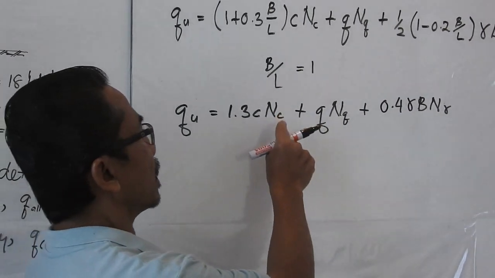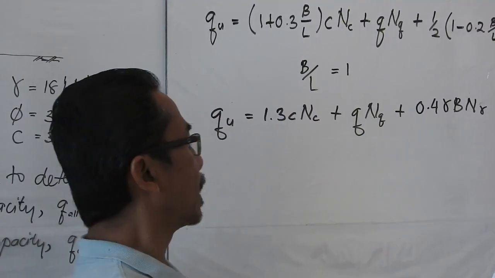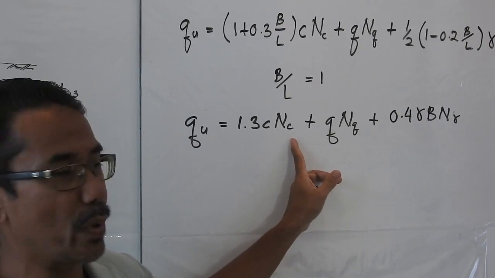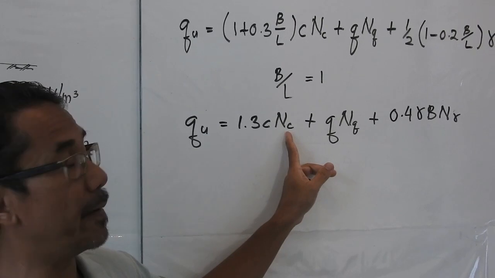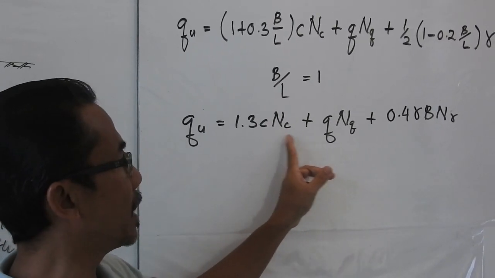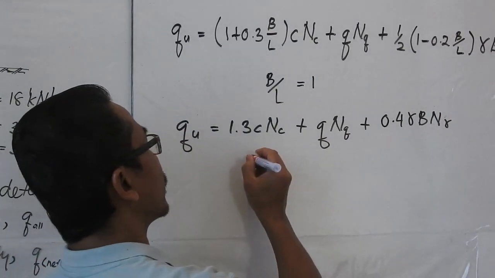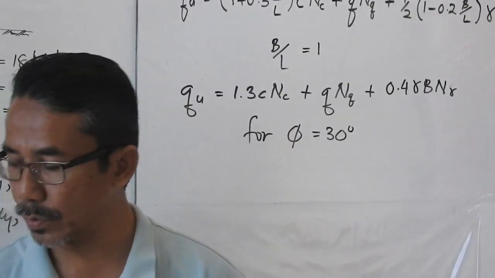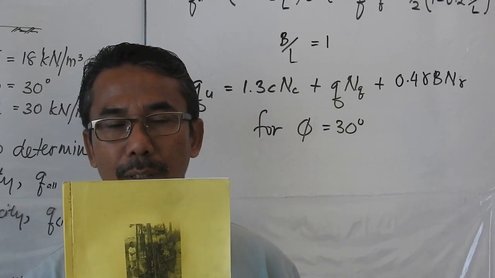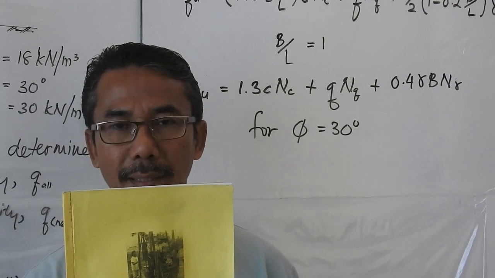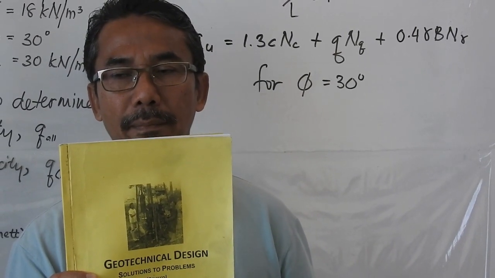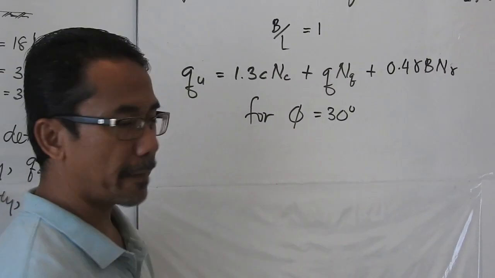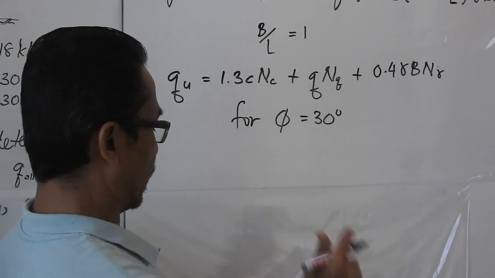Okay. So, refer to your book, in order to obtain the value of bearing capacity factors for Terzaghi's equation, which depend on the value of internal friction angle, N sub c, N sub q and N sub gamma. So, for friction angle equal to 30 degrees, you refer to the table. If you use this book, then you have to refer to page 59. There's a table which tabulates the value of bearing capacity factors based on Terzaghi's equation. Right. So for internal friction angle equal to 30 degrees, N sub c